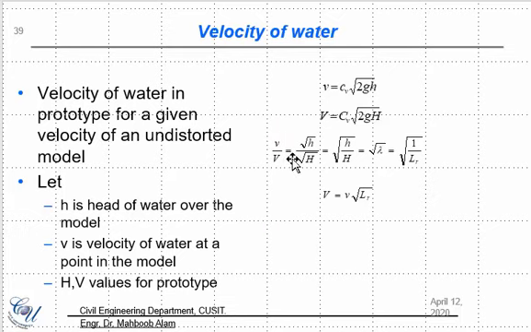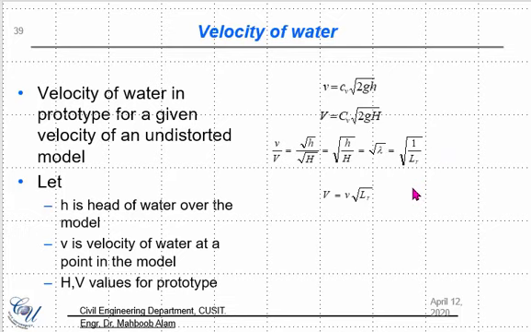If we now get the ratio between these two velocities, we look at the velocity in the model divided by the velocity in the prototype. If we divide these two, the coefficients are constant, we can get rid of them. 2 is constant, g is constant. Ultimately you have just root h divided by root capital H, and ultimately we get lambda,